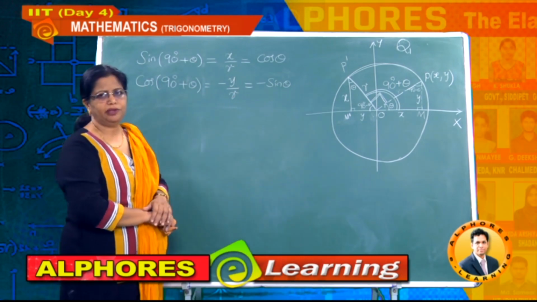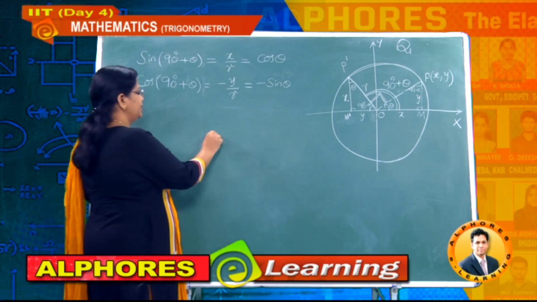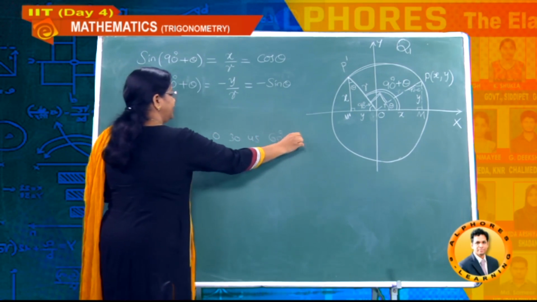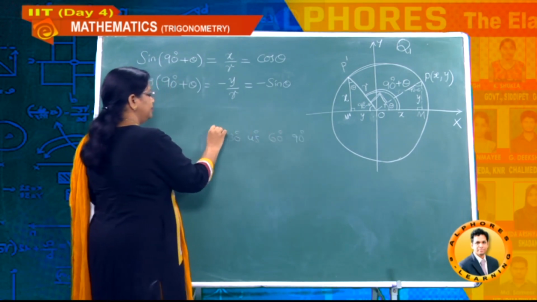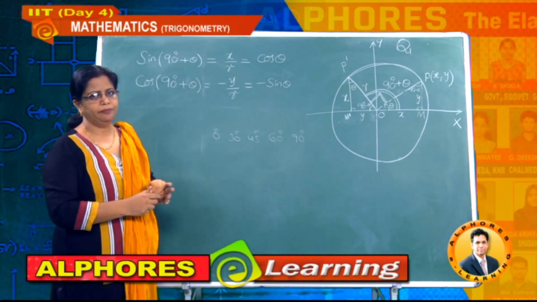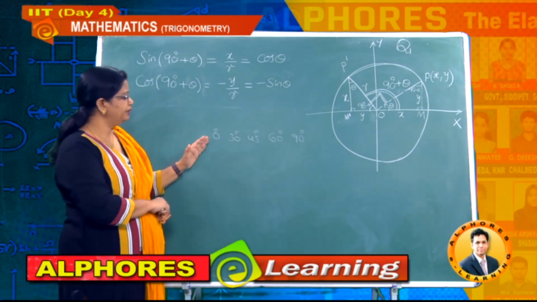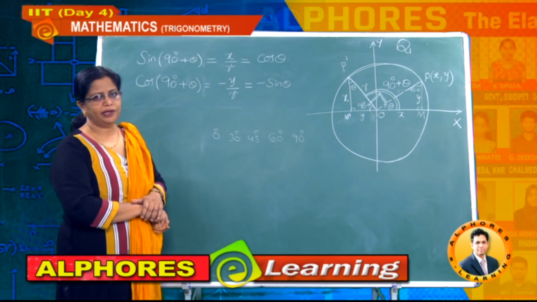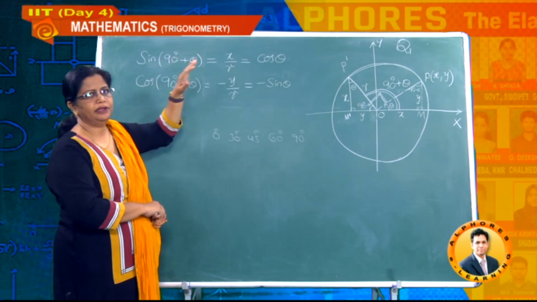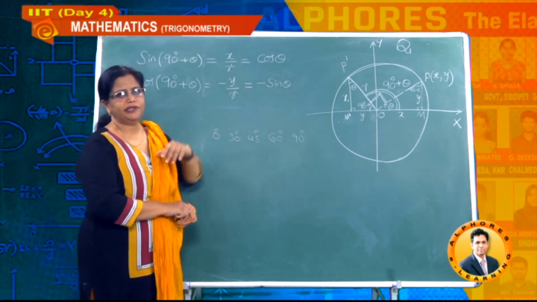Why are we finding these values first of all? Because in many problems, yesterday we have observed the tabular form of 0 degrees, 30 degrees, 45 degrees, 60 degrees and 90 degrees. So these we observed. If these are the values, any student can directly write the answer easily. That's why when angles more than these are coming, then we want to reduce them to the smallest acute angle. That is the purpose of finding sin 90 plus theta in terms of cos theta. That means theta is the smallest acute angle.